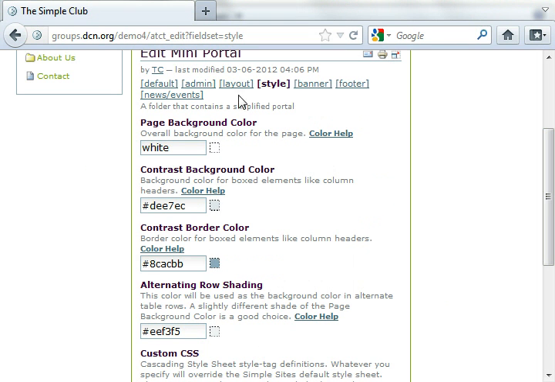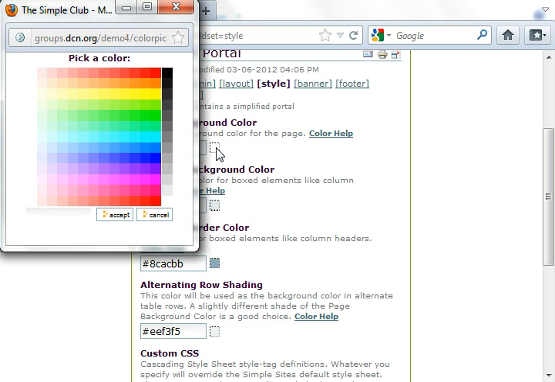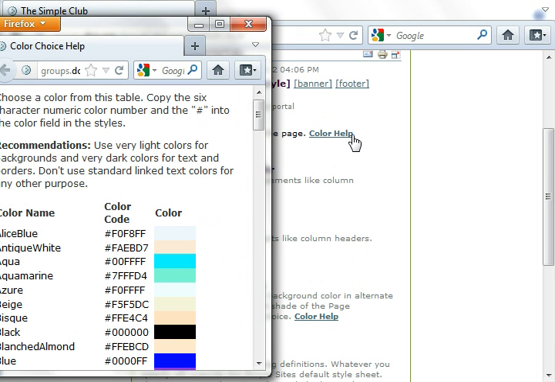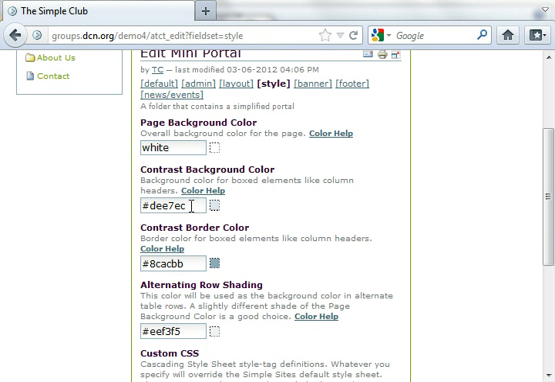You can change the color by clicking on the box here to activate the color picker. Select the color you want and hit the accept button here. Alternatively, you can use the color help link here. Similarly, just activate it, select the color you want, copy the code, and paste it in the box here. And if you already know the color that you want, you can type it in,